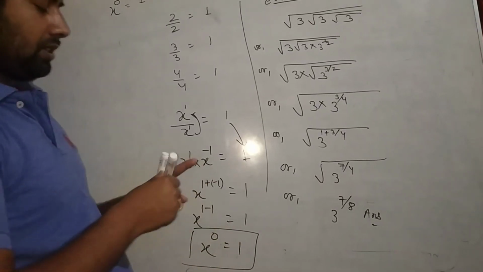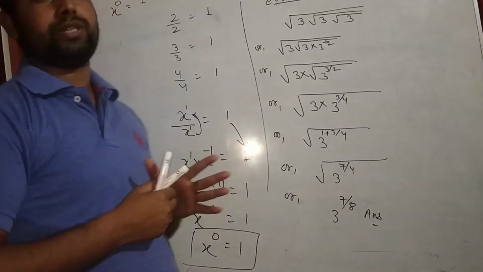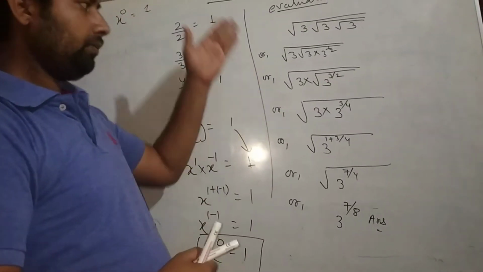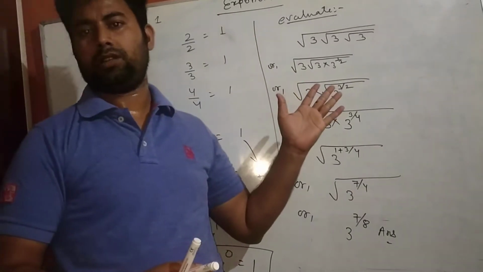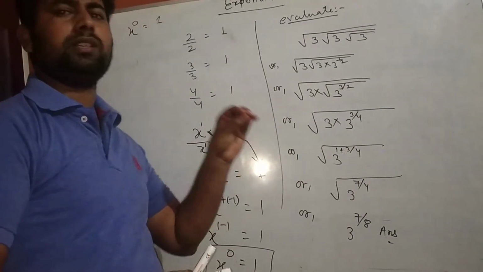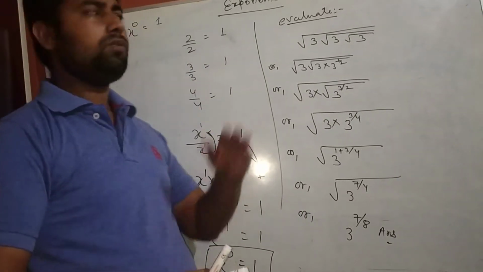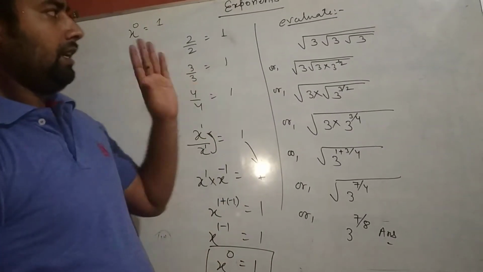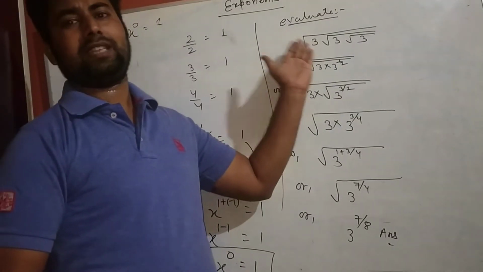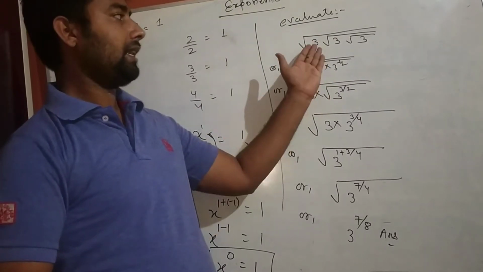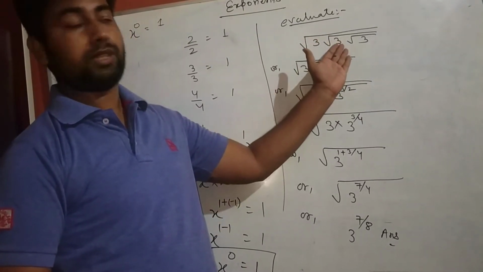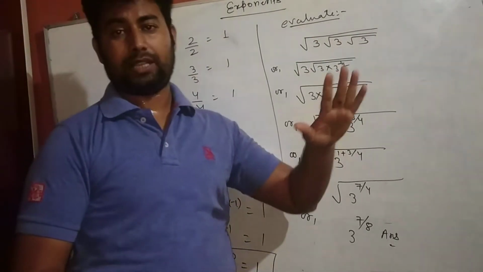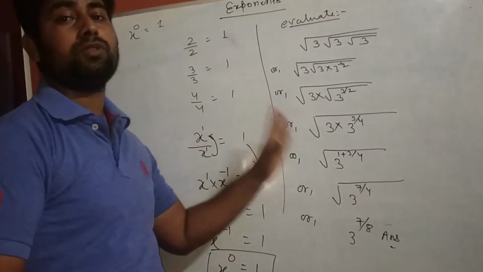Now students, I am going to tell you one of the most important questions that always comes in your Olympiad exam. It's very tricky, and this question has two parts. One is the longest part, and one is the very easy and short part. I will tell you the long part first, and after that its trick. So let's pay attention. We have to evaluate this: a square root over 3, again a square root over 3, again a square root over 3, which means 3 times there is a square root of 3. We have to simplify this.